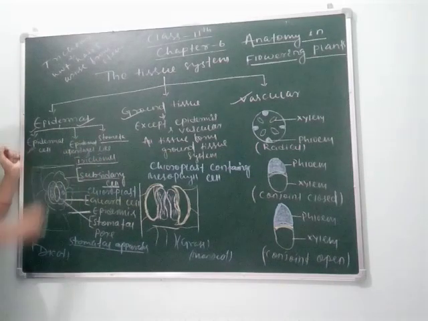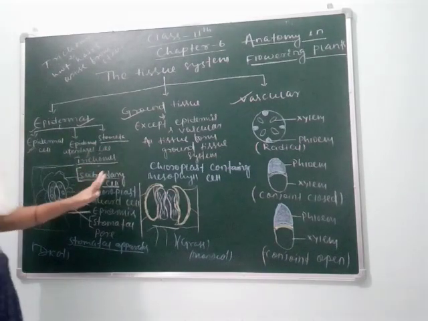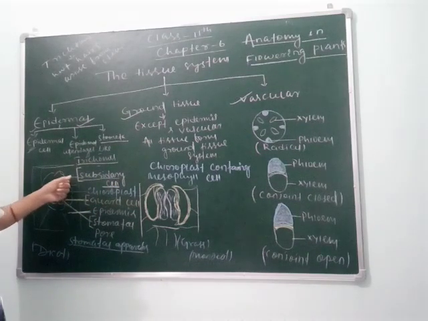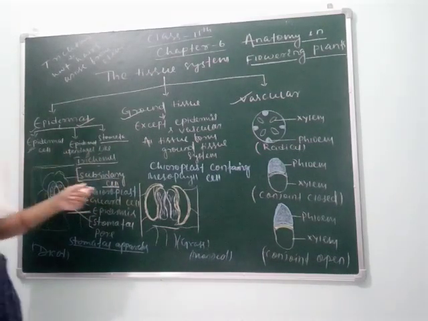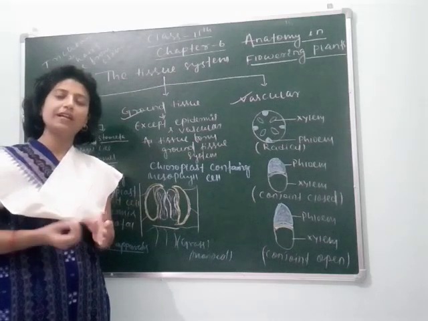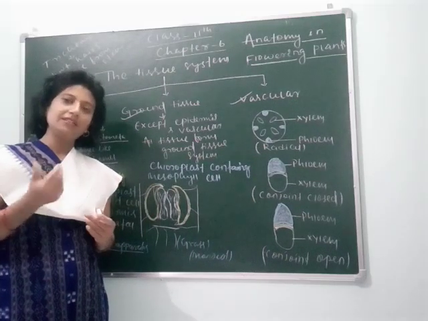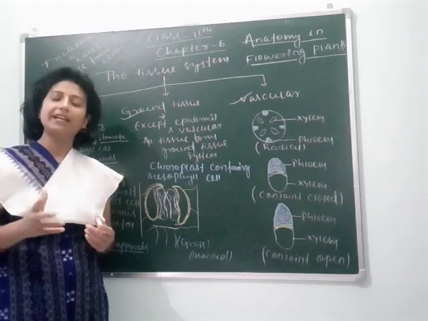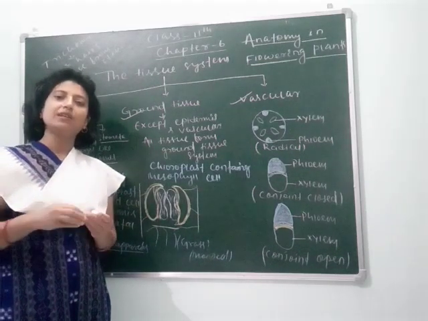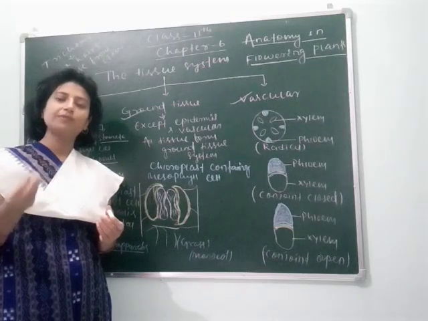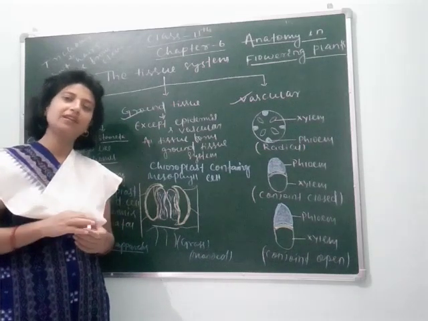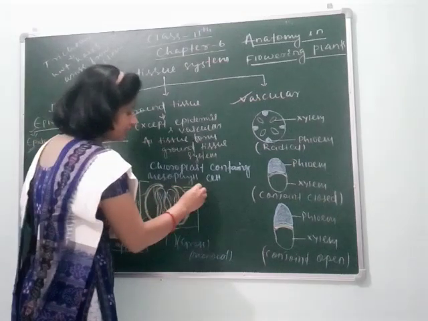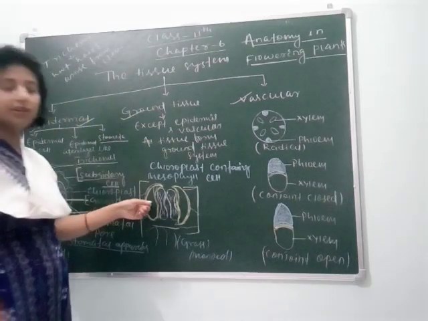We are studying epidermal cells, in which I have shown you two types of stomata. Here is one type of stomata. Epidermal appendages include root hairs and the trichomes, which arise from the stem in many plants like sugarcane and maize. You can see some roots arise from the nodal region of the stem. They are called trichomes. The next type of stomata is here. You can see it is like a double dumbbell shape.